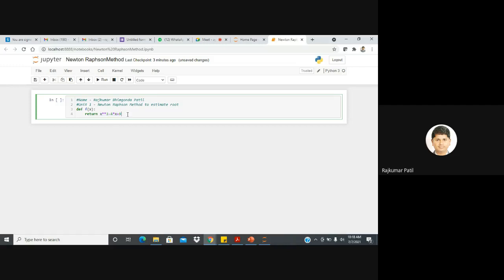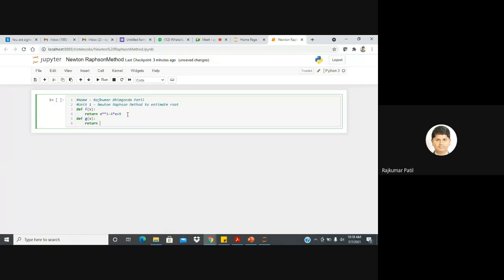Again, we defined f of x, then we need to define f dash of x, but instead of f dash of x, we write here g of x. So this other function will define the derivative of f of x.